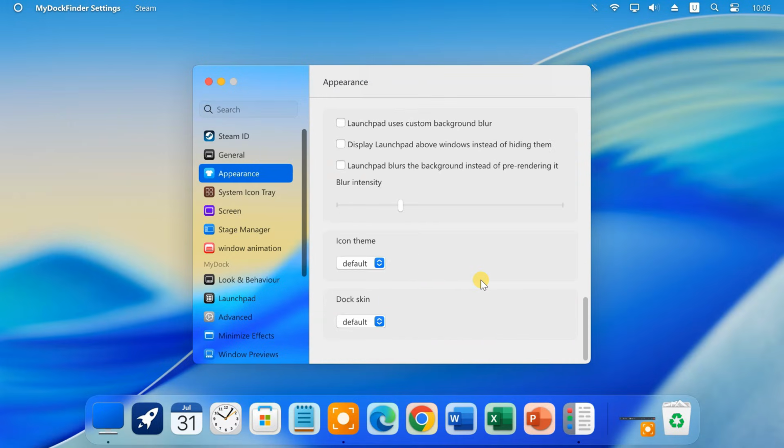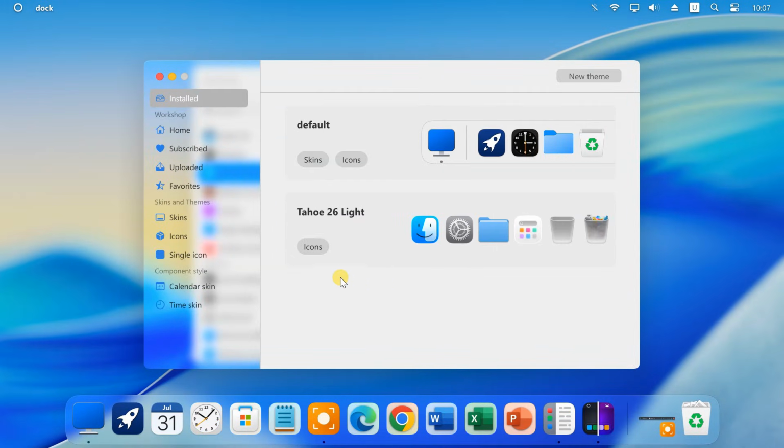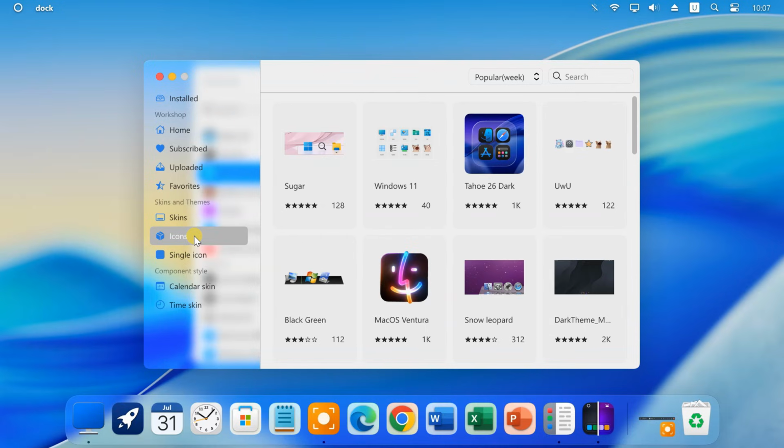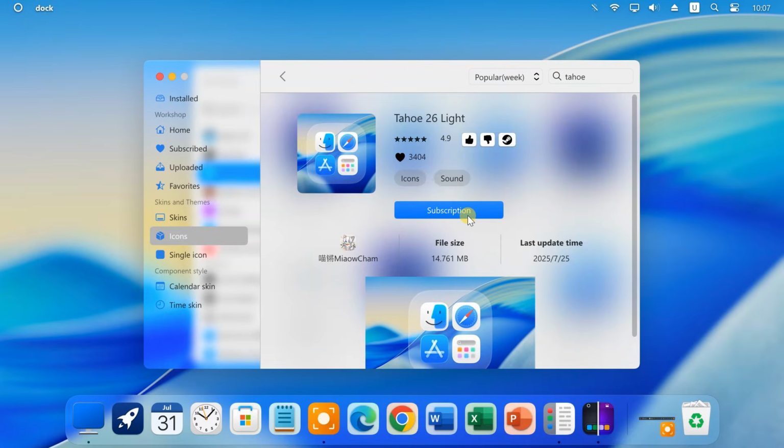Now scroll down in the Appearance tab and click on Icon Theme. Then click Workshop. A new window will open. Go to the Icon section. Find the latest macOS Tahoe icon set. Click Subscribe.